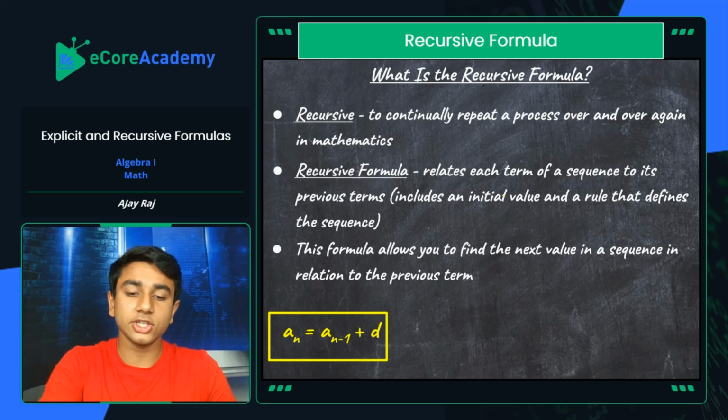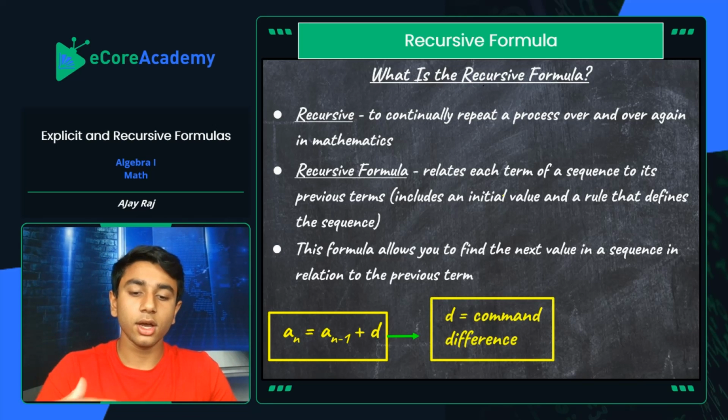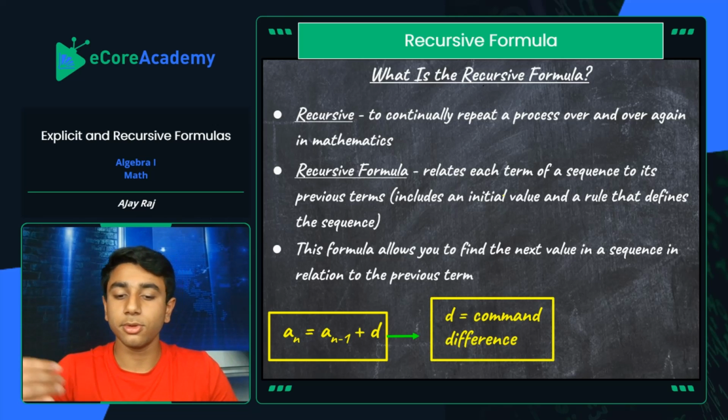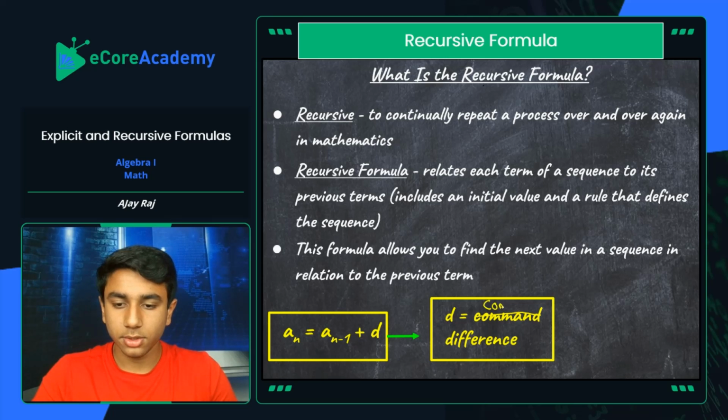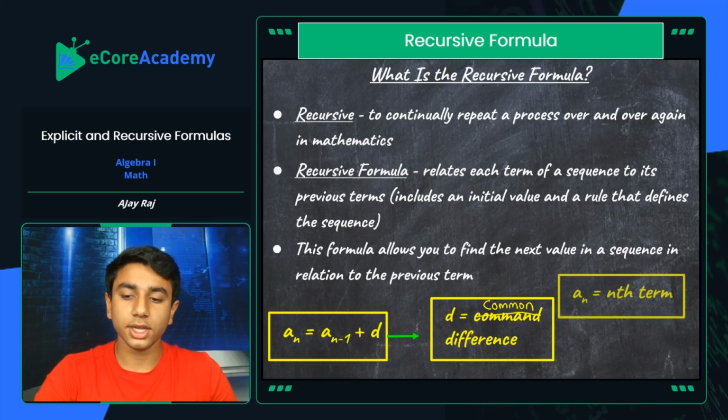And I'll explain what each and every single one of those counterparts actually mean. So a of n is essentially what you're looking for. A of n minus 1 is your previous term, and then d is your common difference. So that's supposed to say common difference, I apologize. So d is your common difference in this case. And then, like I said, a of n is your nth term, and a of n minus 1